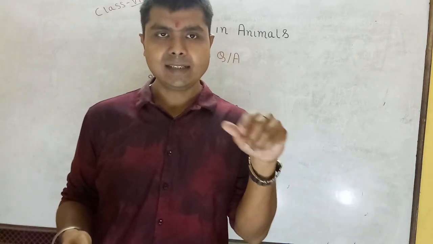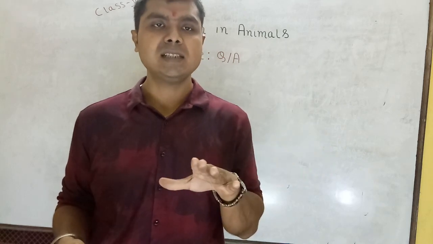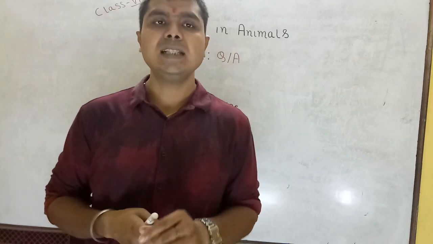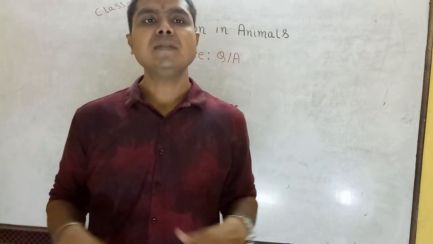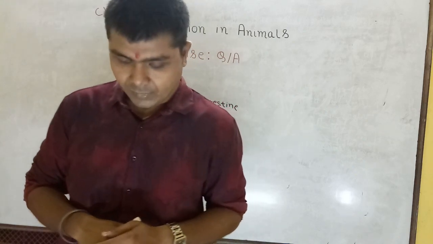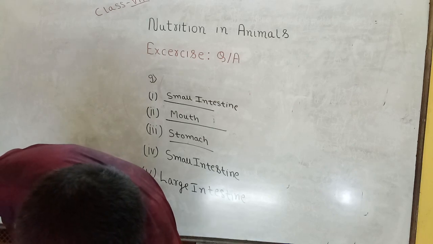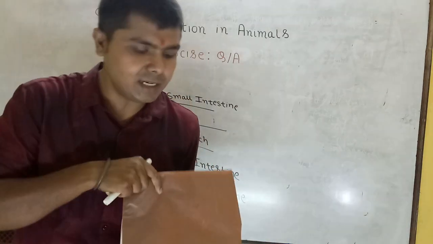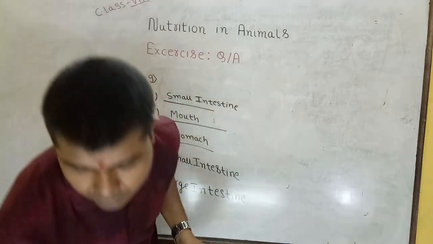In amoeba, the entire cell acts like a body, and it produces enzymes to digest food, whereas in humans the digestive glands, or you can say the intestine, consist of millions of cells which form a separate system for the digestion of food. Question number 11, match the following. It is the last question. Question number 12 is labeling. You can easily do it by yourself.